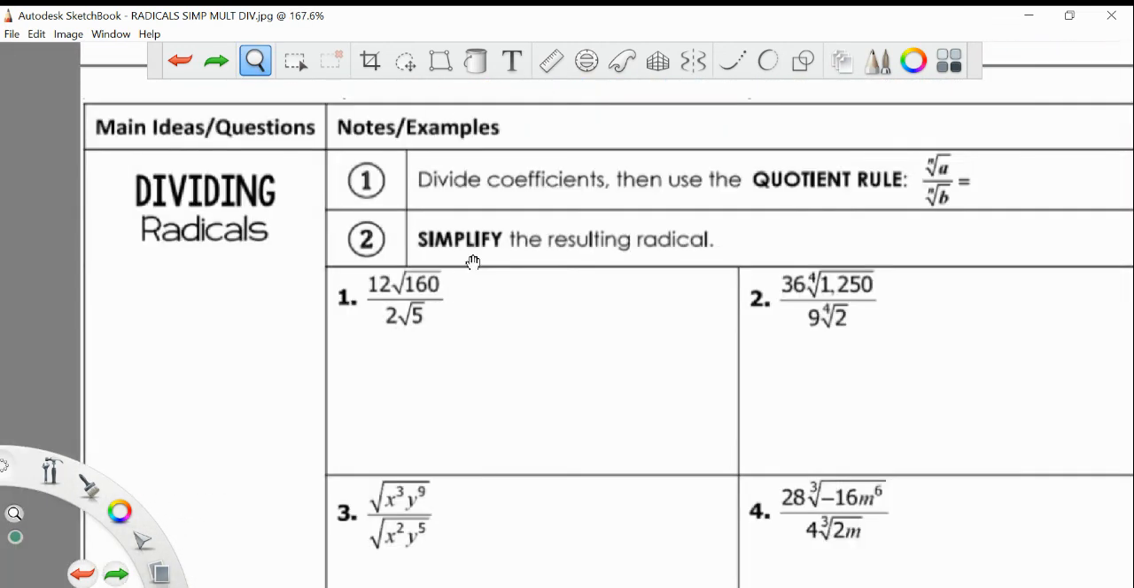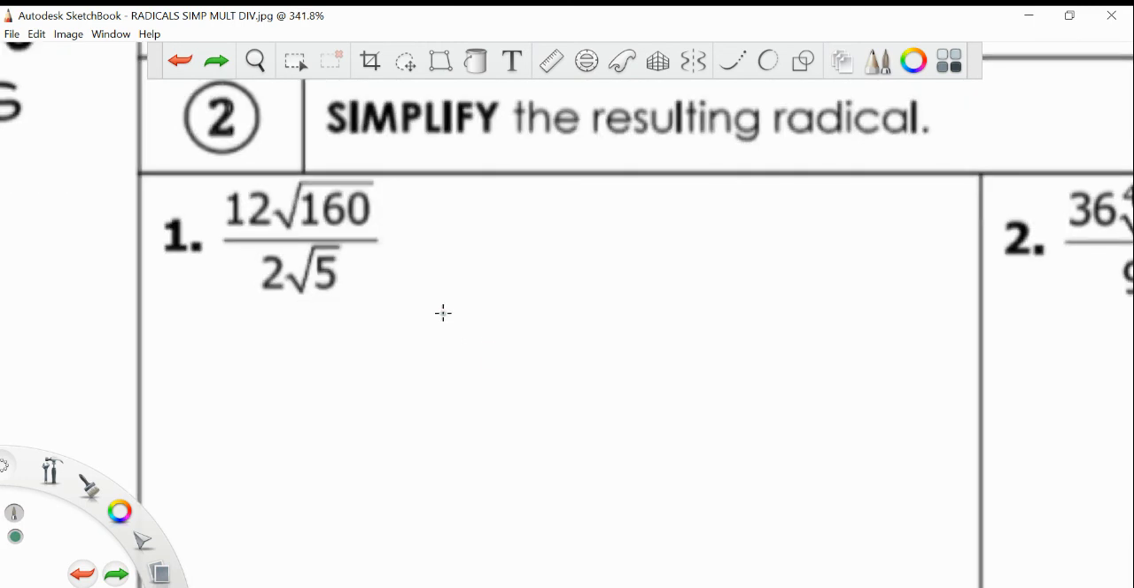We're going to handle dividing, and we're going to do this in 2 seconds, okay? Guess what happens when you divide radicals? If you multiply them, you do the outsides together and the insides together. If you divide them, you do the same thing, right? What we're going to do is divide the outsides, 12 divided by 2, which is 6. And we're going to divide 160 divided by 5, which is a little tricky, but we